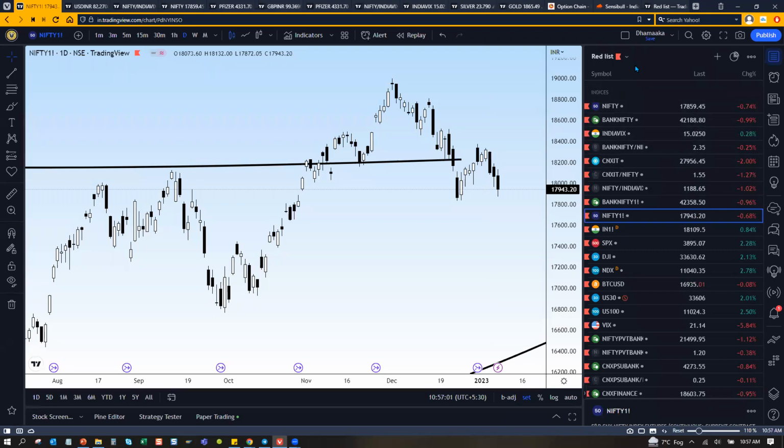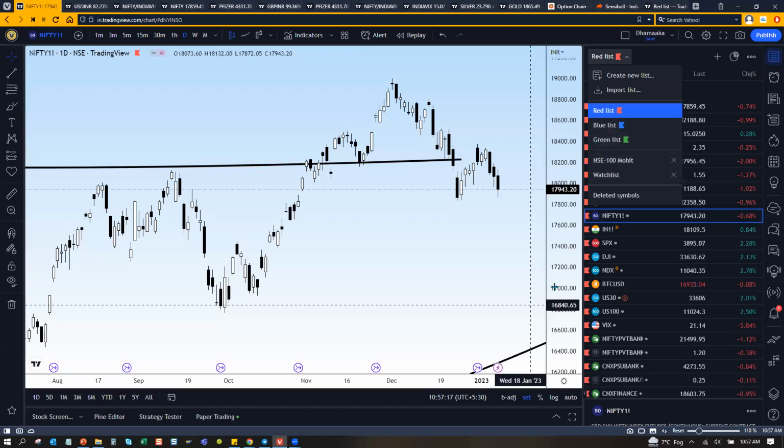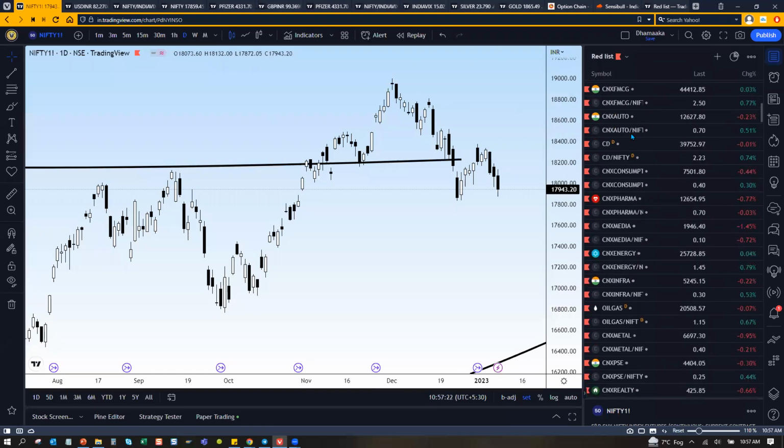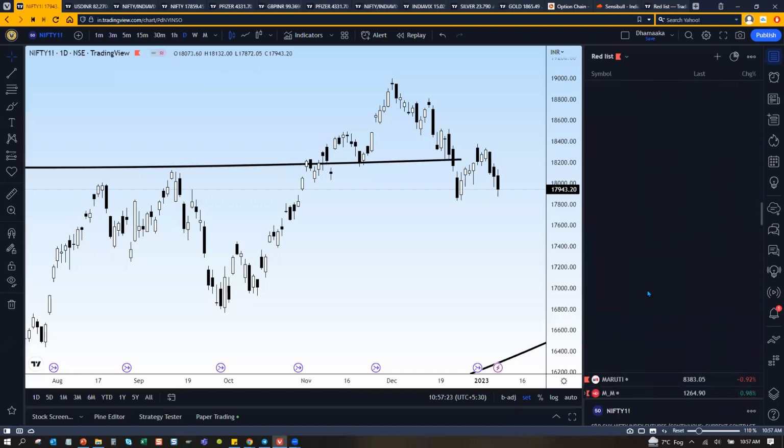Now, the only thing missing in the watch list in the free version is the different tags. In the free version they give you only one tag, but if you want to color tags differently, that is in, I think, the Pro, the one level higher version. The screen that I'm sharing is the free one, so everything you see here has a red tag.